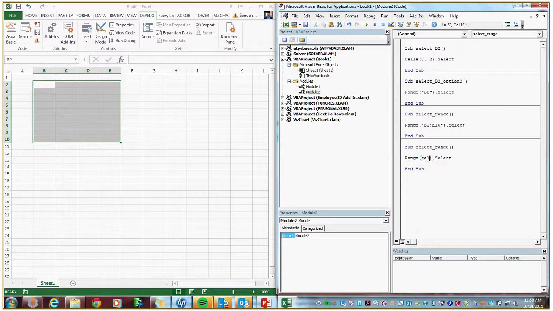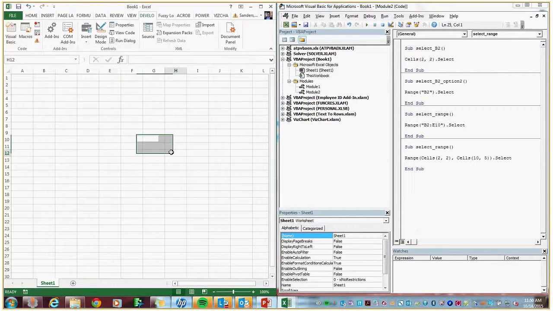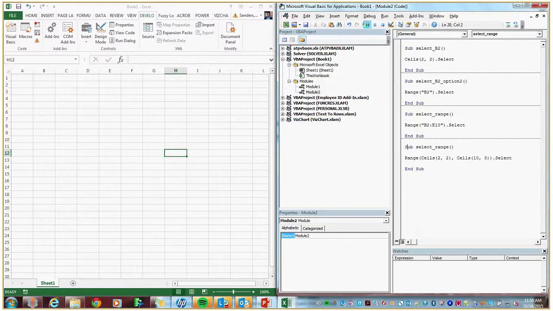I can do cells 2, comma 2, and I think this should work. Cells 2, comma 2 through cells, and I guess E10 is 10, comma 5. So now if I run this one,